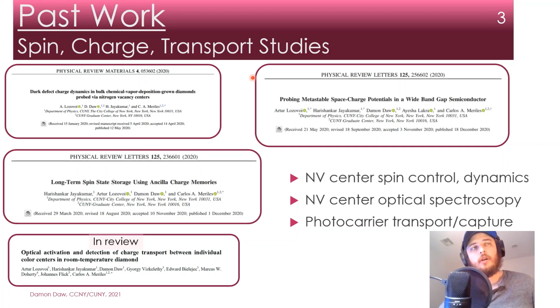My past work focused primarily on things like the spin and charge state of the nitrogen vacancy center. I'm not going to go into too much detail about it, but very briefly, it's a very good qubit that is a point defect in diamond, and